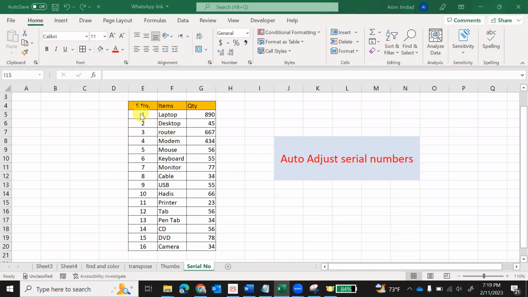Hello, in this video we will learn how we can enable auto adjust serial numbers. We have a list of inventory. Normally we add serial numbers like this: 1, 2, and then select these two cells and double click, and the serial